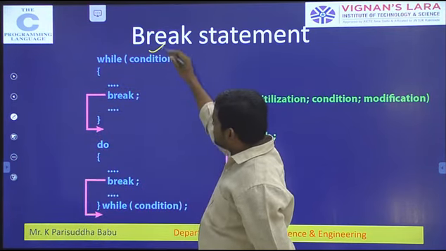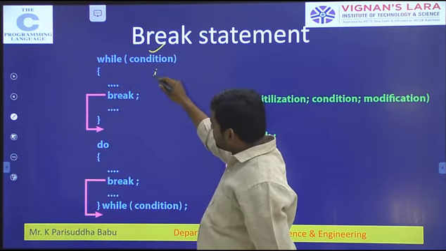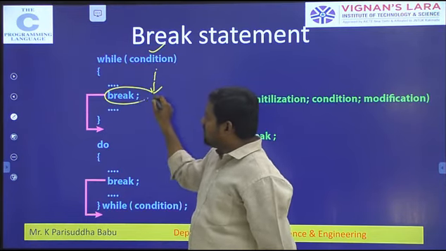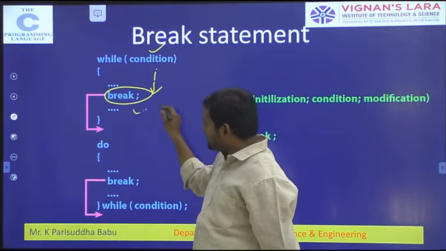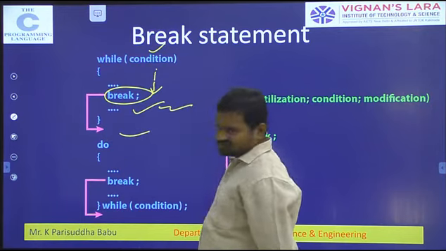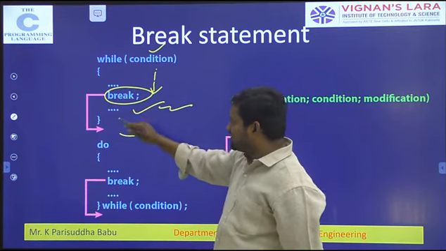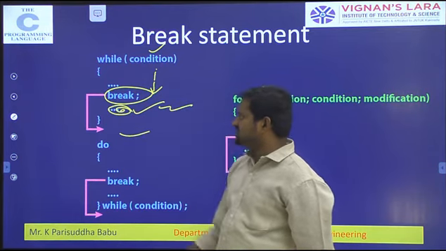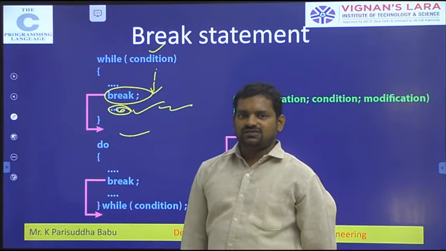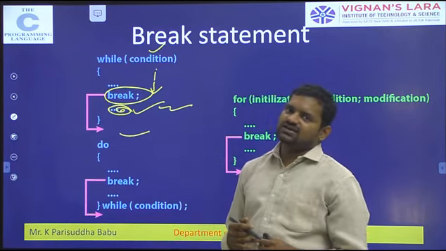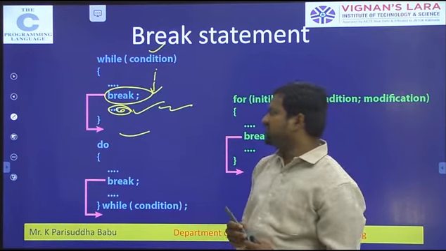Whenever the condition is satisfied and the break is encountered by the controller, it automatically skips all other instructions and goes out. It will not execute other statements whenever break is encountered, breaking the execution of the instructions in the while loop.